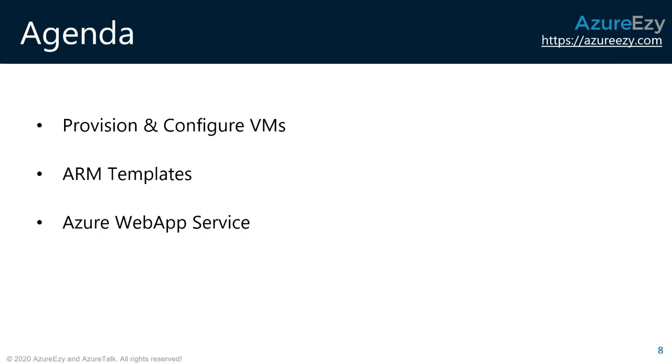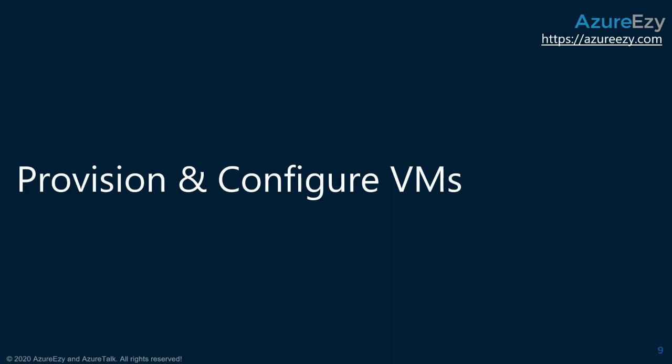Then we will be talking about App Service. Azure App Service is another hosting environment that is used for hosting web application specific workloads. We'll be talking about that particular service or resource, what options you have as a developer, and what things you need to make sure of when you are using this service. Now, let's go to the first part, which is virtual machine.